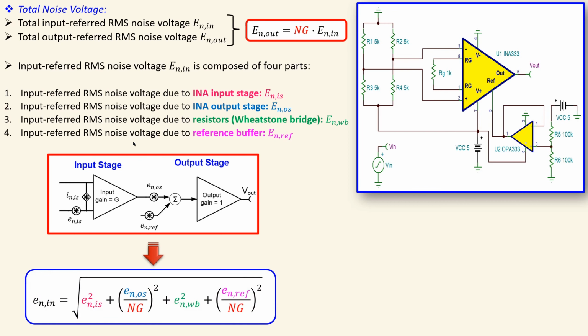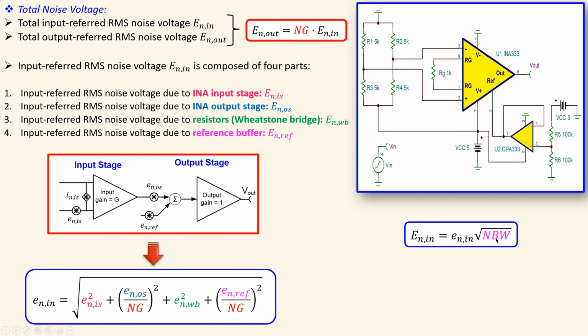So if you now add them up to have it actually reflected on the input, that will be of course the contribution by this one squared, the contribution of that one also, but that will be using the resistors related to that noise voltage source, and we have that output noise voltage source reflected to the input divided by the noise gain, and we have that reference circuit which has its own noise voltage reflected to the input again divided by the noise gain. That is a complete expression.